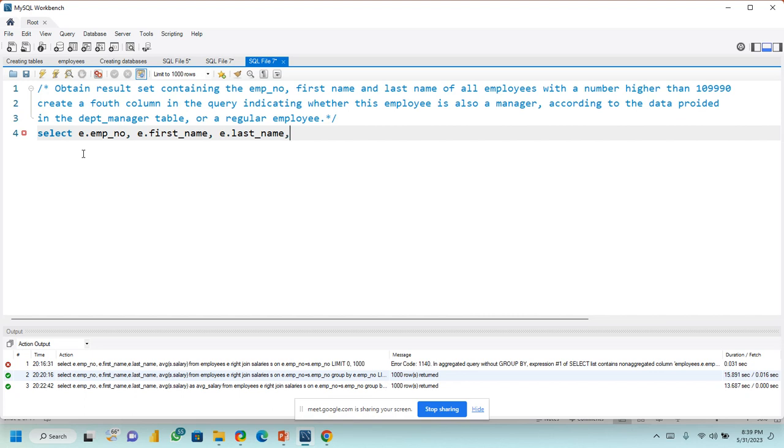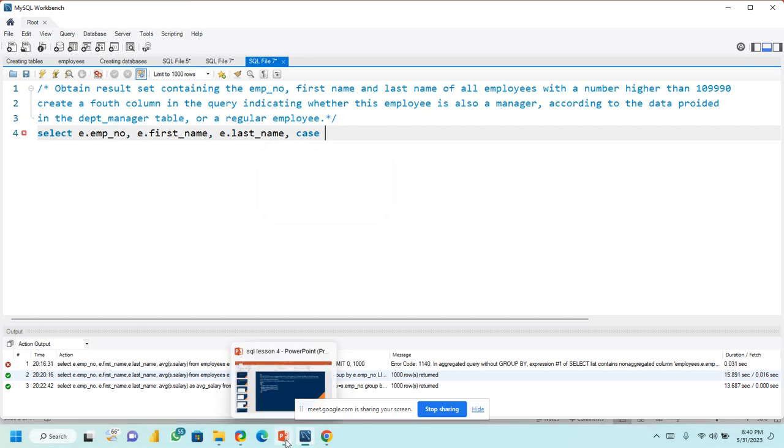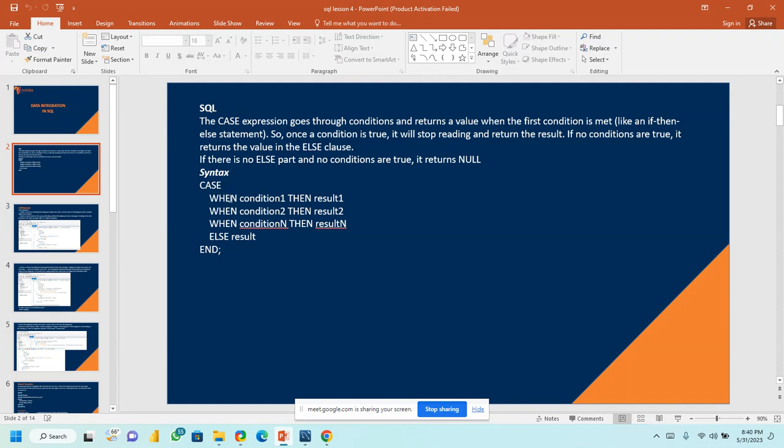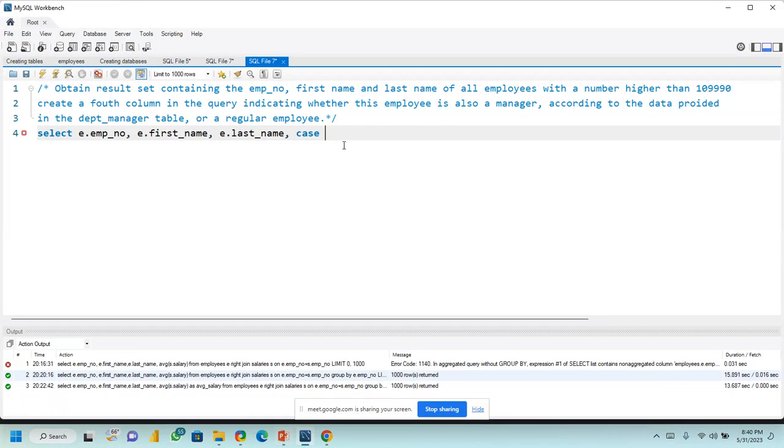And this is where we go ahead and use the case statement, so that we create a fourth column with the information required, indicating whether this person is a manager or not, depending on the data available. So this is how we go about it. You just add a comma after the last name, and then use the case statement. So we're going to say case. It's a function, a case when. Remember, let me just show you how we said a case statement looks like. We said you have case, and then you start writing down the conditions. So I have a case when